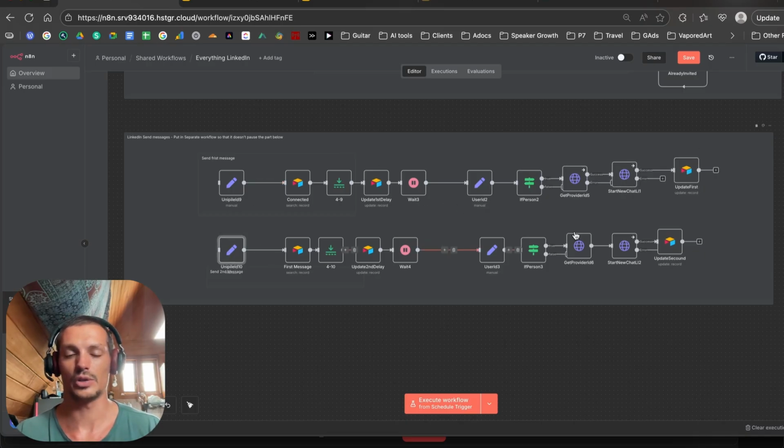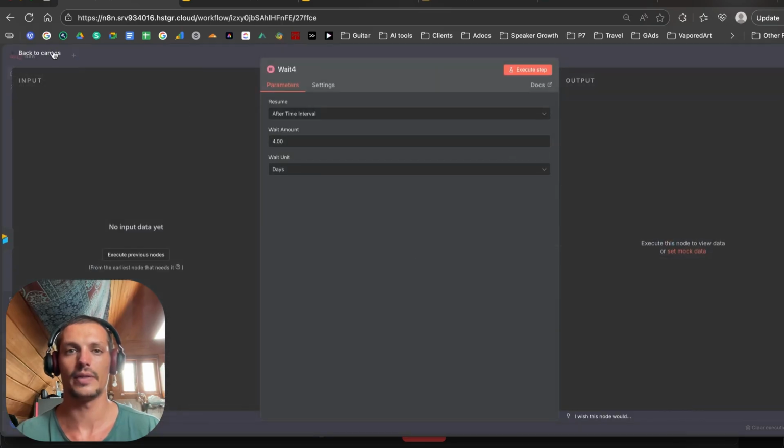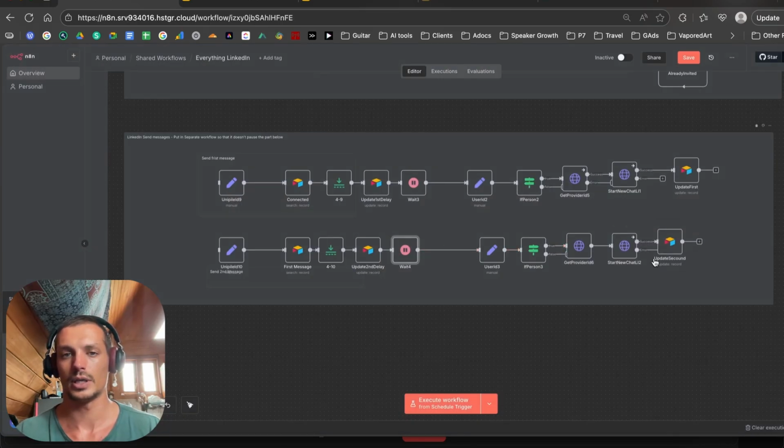Same for this one as well. It will send the second message, and it will then wait a few days, and then it will pull them through. Now, one thing to note,